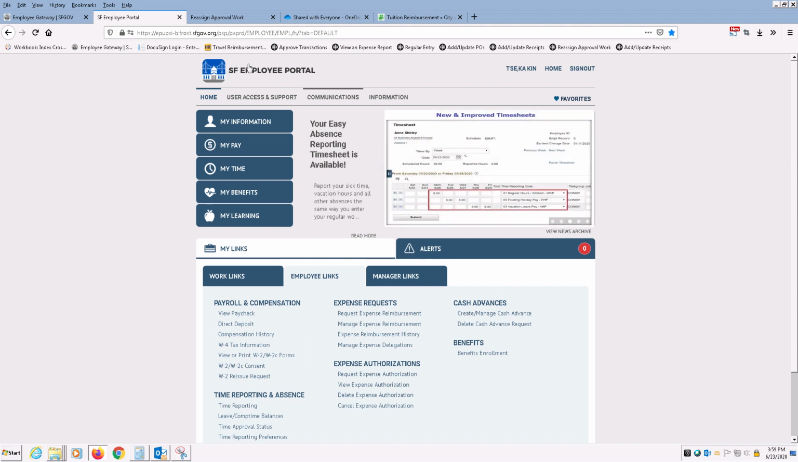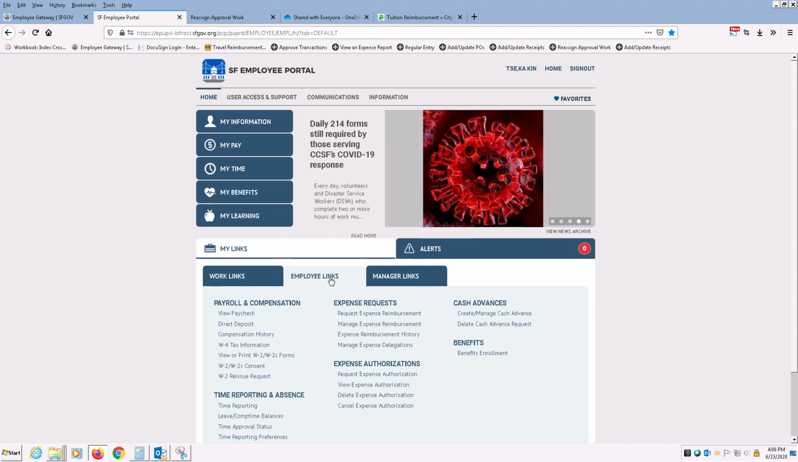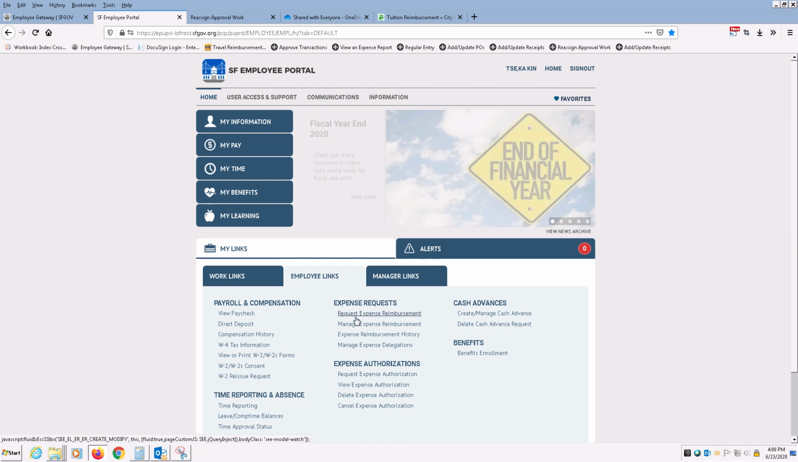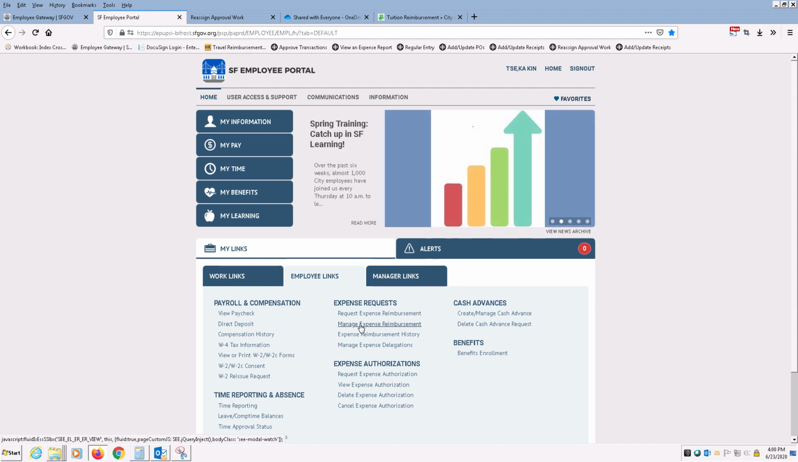So you have to come back to SF Employee Portal, and you have to come to Employee Links. So you click this, and you will see Expense Request. So you have a few sections here. You will not click Request Expense Reimbursement. You only do this when you have a new expense report. Since in this situation you're going to modify your existing one, you will have to click Manage Expense Reimbursement. So let's click this,